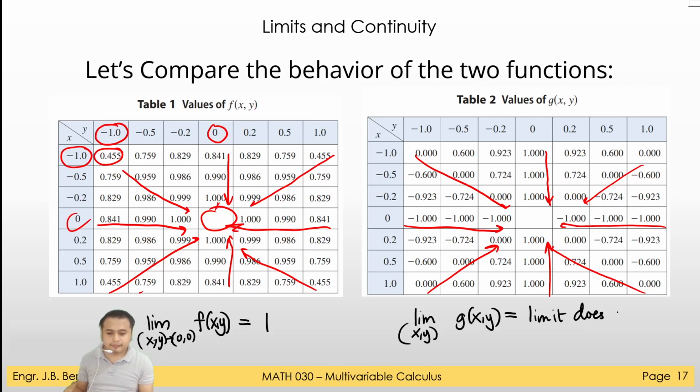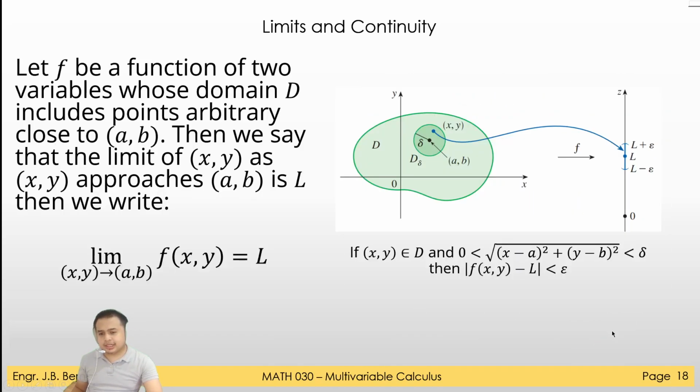Okay, so remember that. Or we can call this DNE, for does not exist. So let's have an example, or sorry, not yet. So a formal